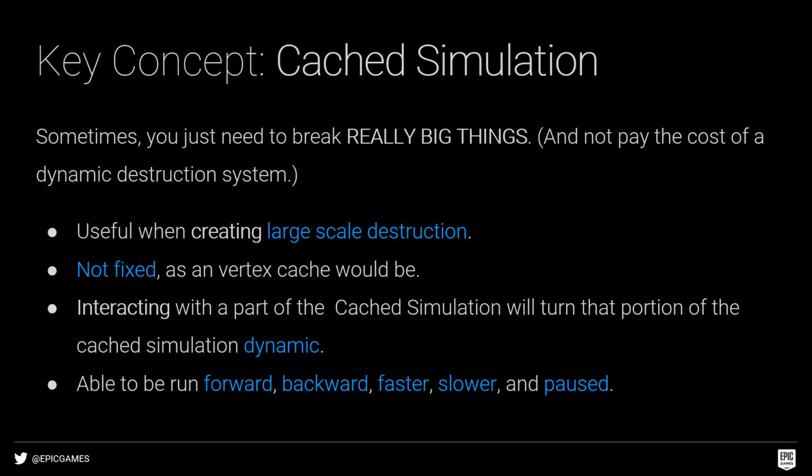But that's pretty much like a giant animation of vertices, right? What's different about our cache simulation is we can run our cache simulation, but then if we reach out and interact with any portion of that cache simulation, that portion can become dynamic again. So the illustration we like to paint for that particular use case is you've got a player sort of penned in, a building is coming down on top of them, there's a very large piece of debris coming their way as a cached simulation. The player's gonna get squashed if it lands on him, right?